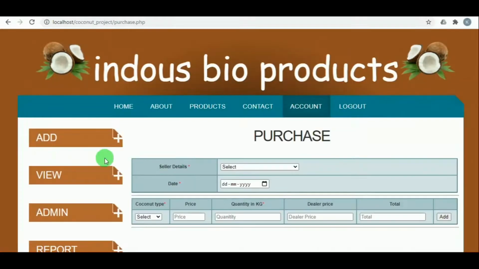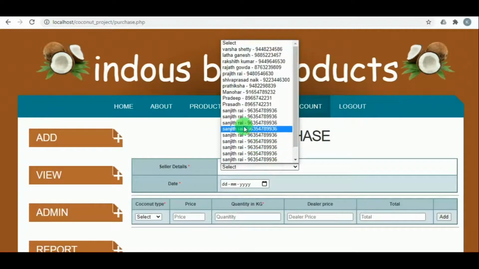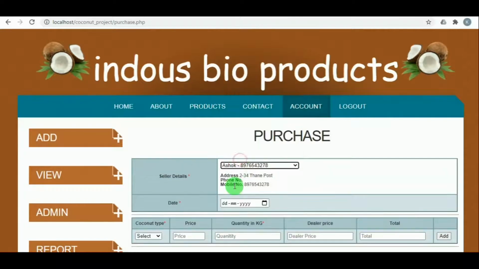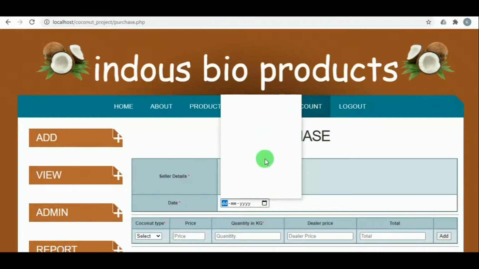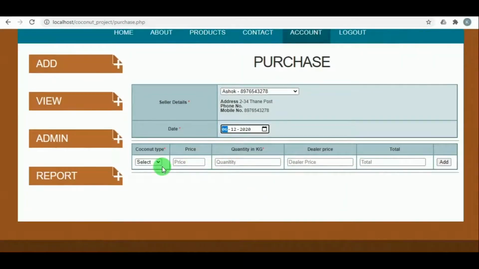Under add in purchase, here the seller details can be added, that is the purchase details. How much quantity of coconut is purchased from which seller must be entered here. So here the seller is chosen, then the date of purchase is chosen, then the coconut type and price of that coconut will be automatically present there, and you must enter the quantity which is purchased and the dealer's price, what price the dealer is offering,